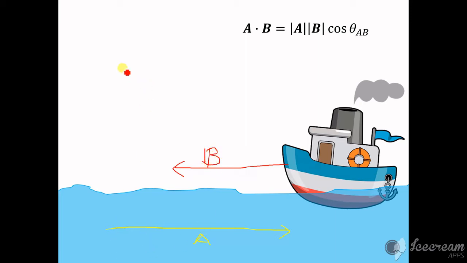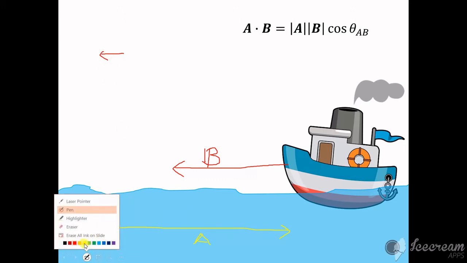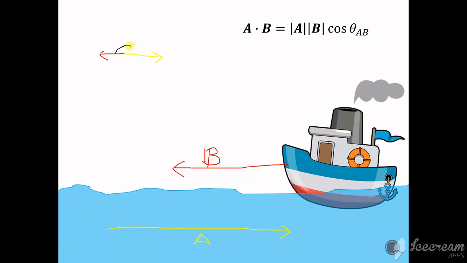Okay, so now B is in this direction, and then A is here. The angle between those two will be this angle over here, which is equal to